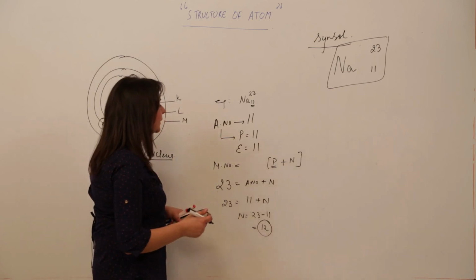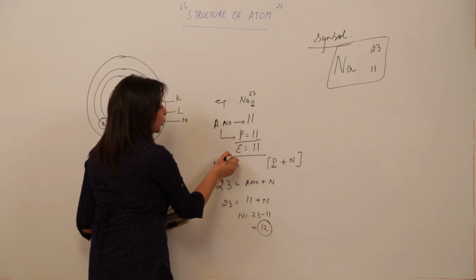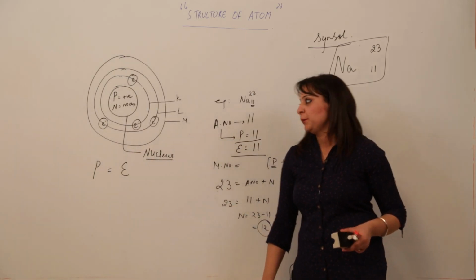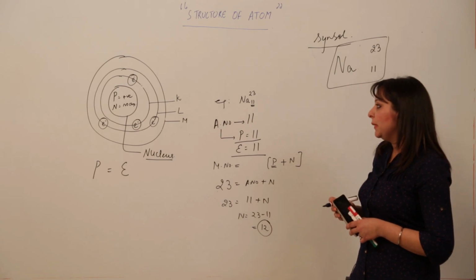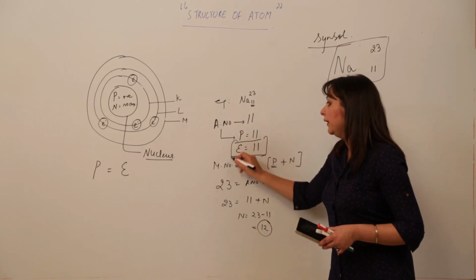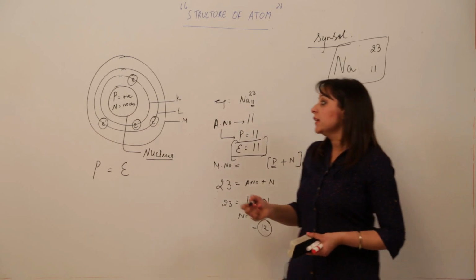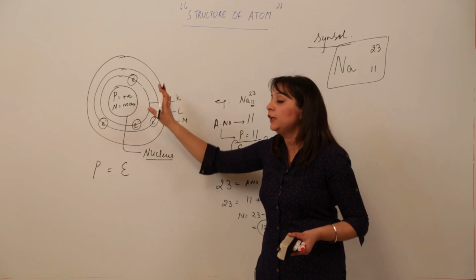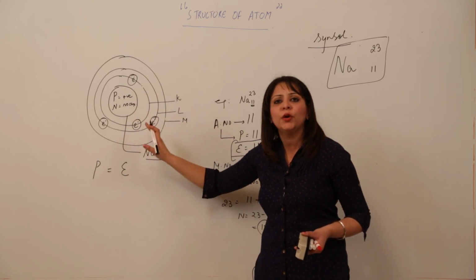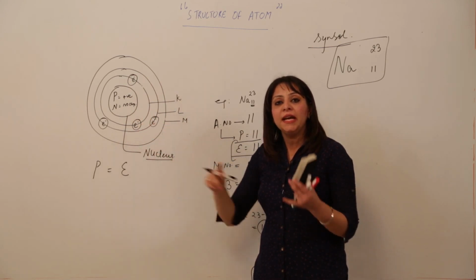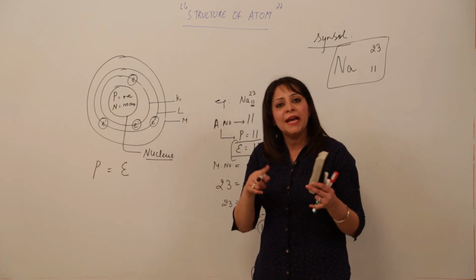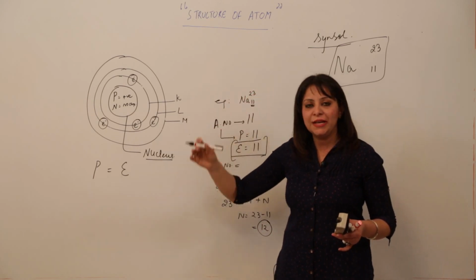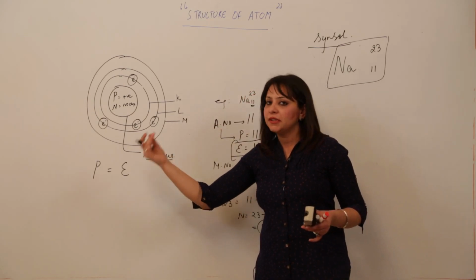And look at them, as the number of protons and number of electrons are equal, this specifies that the atom is electrically neutral. Now the question that comes to mind is how these electrons are arranged. As Bohr told us, according to Bohr, electrons are revolving around the nucleus in definite orbits, shells, or energy levels, whatever term you want to use. I am repeating, energy level, orbit, shell, anything you can use, and they are designated by K, L, M and so on. First shell as K, second as L, M, likewise.